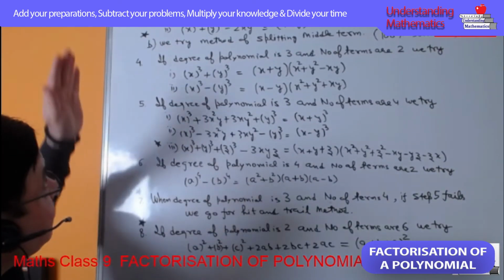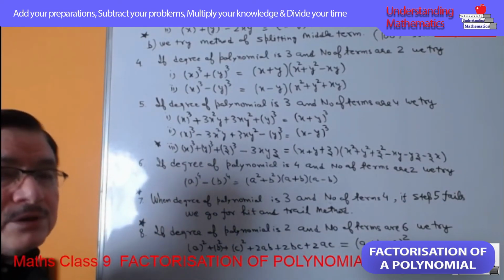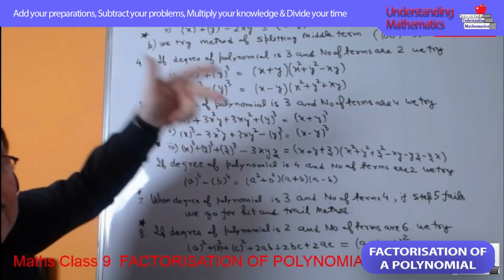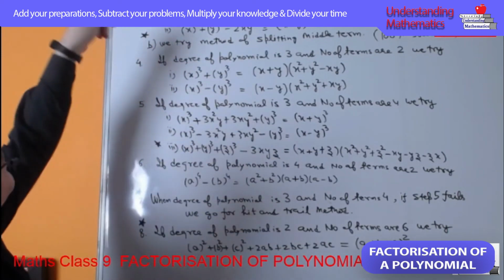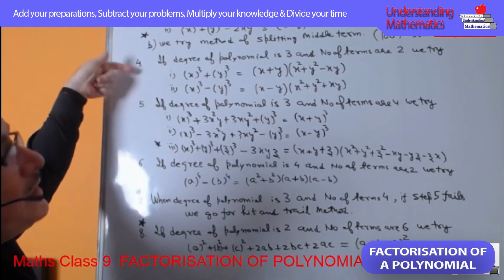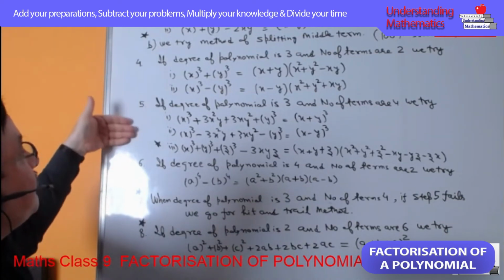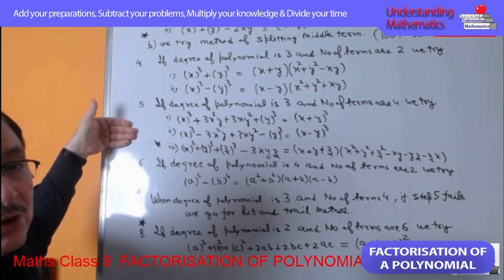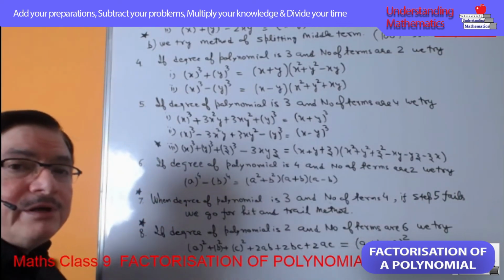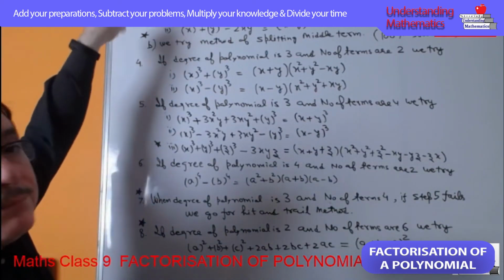Once you look at this method, it will appear, oh, it is an 8-step method. For one small question, we'll apply 8 steps? No. As soon as you look at the question, you immediately jump to the applicable method. If you come across a degree 3 question, you will only bother about step 1, and after that you will straight away come to degree 3. If it has 2 terms, you will come to step number 4. If it has 4 terms, you will straight away jump to step number 5. It is not that you will try 1, 2, 3, 4, 5, 6, all the steps, but you have to segregate immediately and jump onto that type. If there is a question of degree 4, after the first step is most important. You have to apply